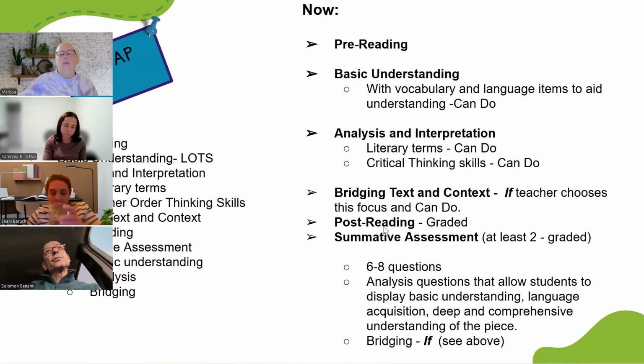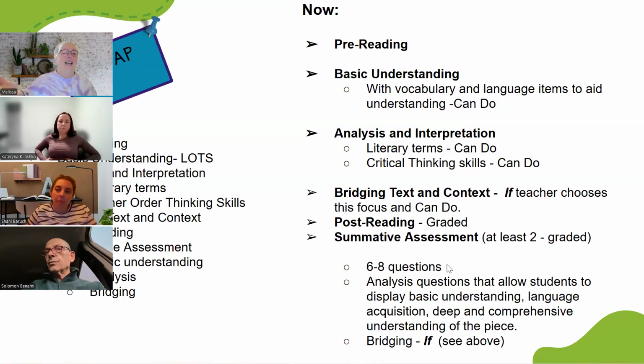Then with the post reading and the summative assessment, 6 to 8 questions. If you remember, a summative assessment used to have a whole multiple choice section at the beginning with vocabulary and basic understanding questions. We don't have that anymore. The entire summative assessment is made of 6 to 8 questions, and all of them are analysis questions that also allow students to display basic understanding, meaning they have to understand the text in order to answer.